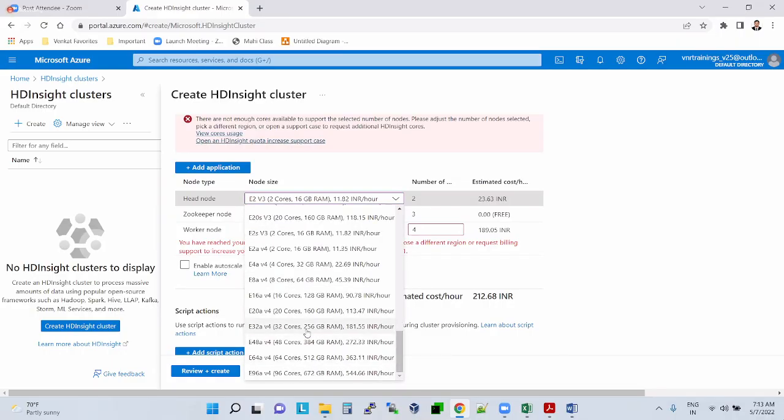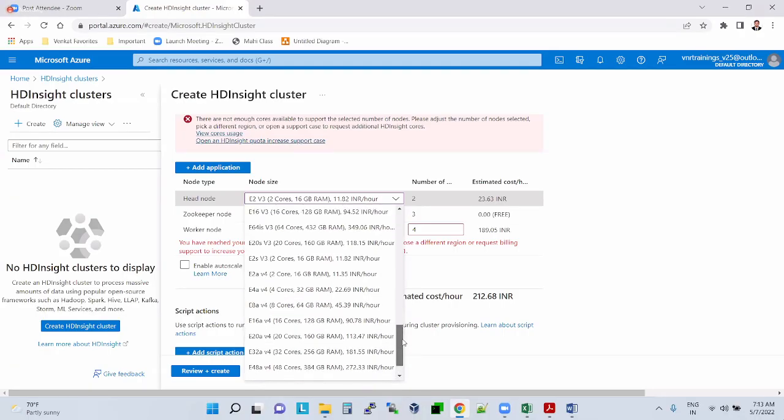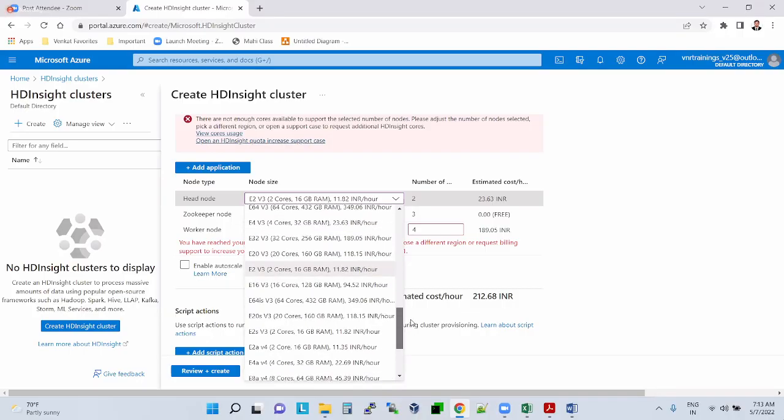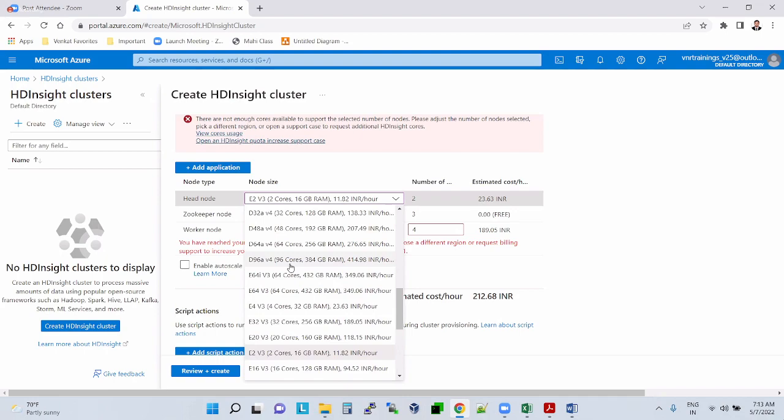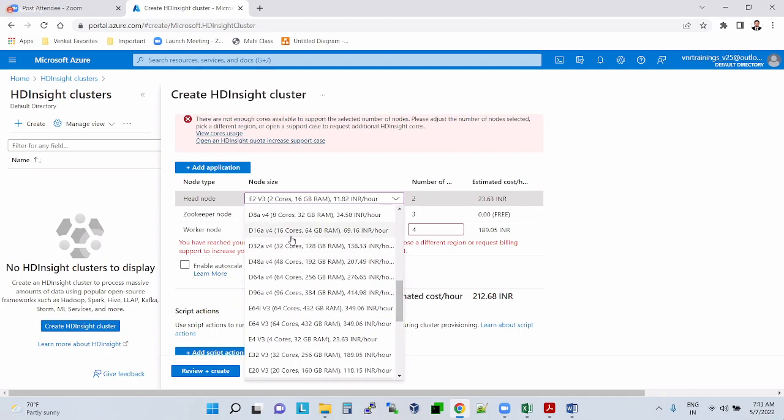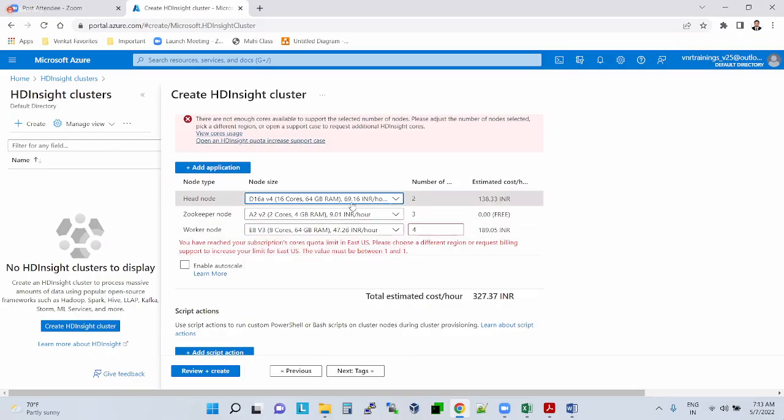Let us take my laptop capacity, guys. My laptop has 16 cores and 64 GB RAM. You have up to 396 cores also; it is available. For my laptop's capacity, this will cost me around 69.16, plus tax and all, it will come to around 75 rupees per hour.